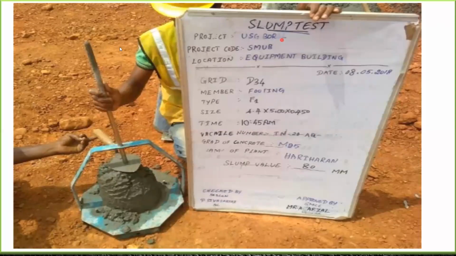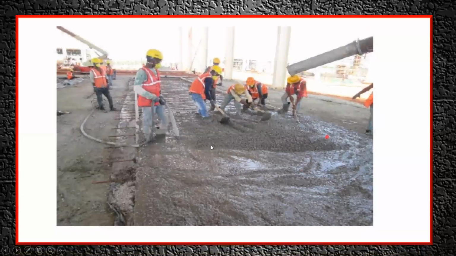Once everything is done, only then will the engineer allow the concrete to be poured. As of now they are pouring it; there is flooring work going on, okay? So they have allowed the concrete to pour, and see, in the flooring work we usually try to keep the workability very low. I mean you're going to keep the slump very low, okay? Since it's flooring work, you don't require a very big slump. 78 mm is enough for us.